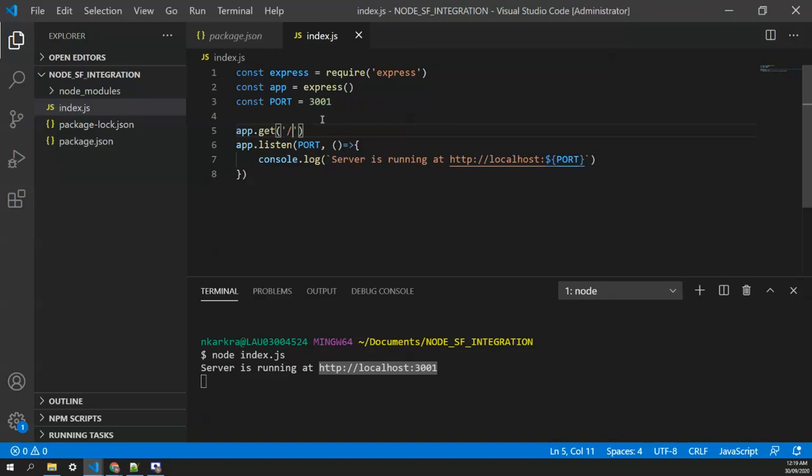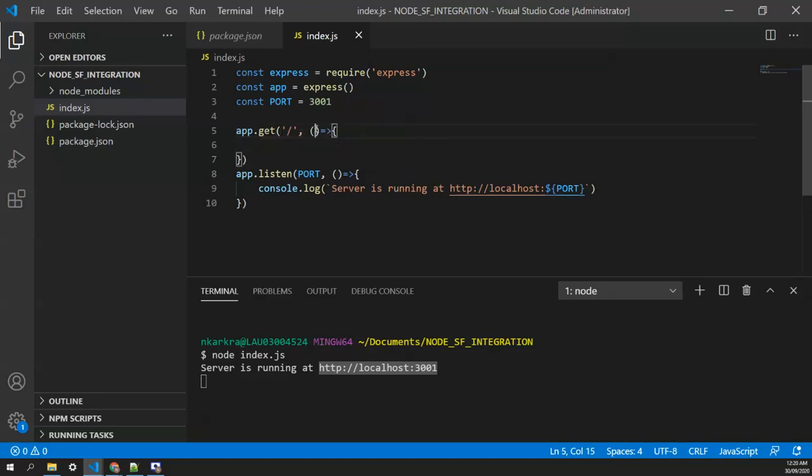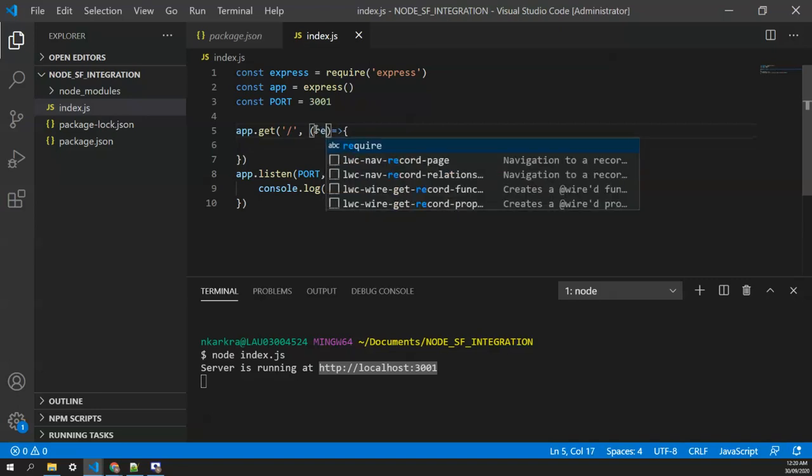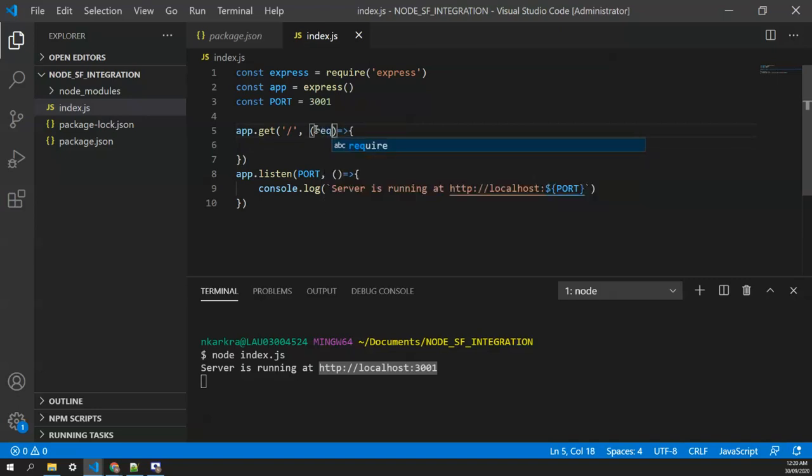It means that by default, when you go to localhost 3001, it should trigger this API. The second parameter is a callback function, and the callback function takes two parameters. First is the request, the second is the response. And we're gonna say the response, once the clients hit this URL slash, then you just respond and send them back